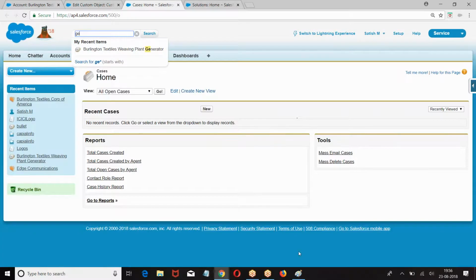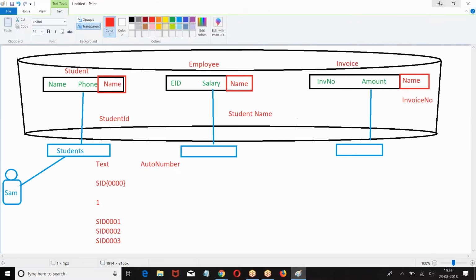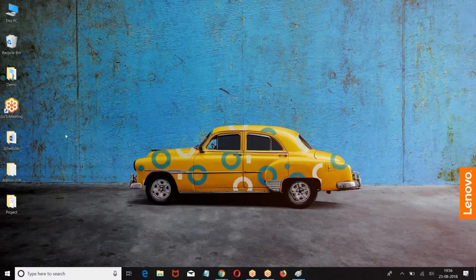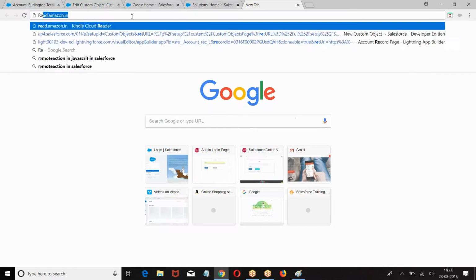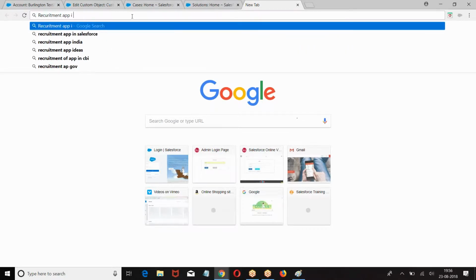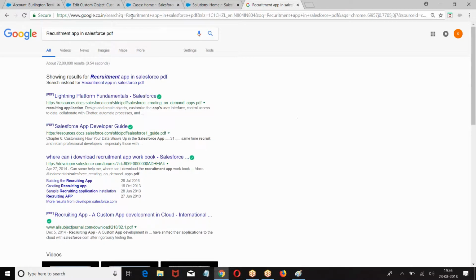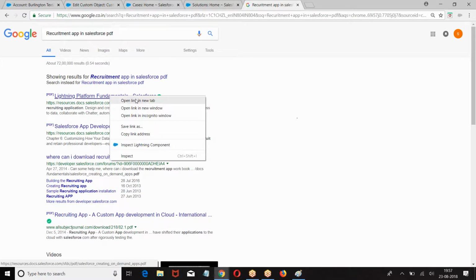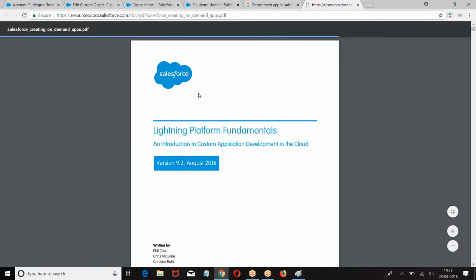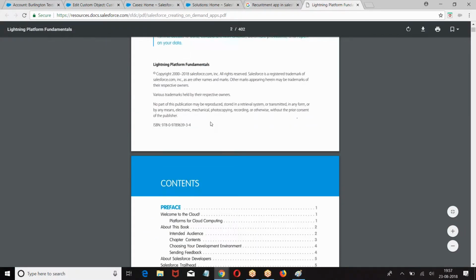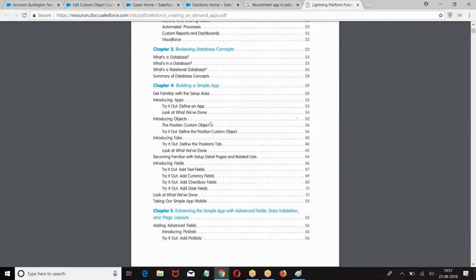Once again, what is the exercise you are supposed to do? Just type recruiting app in Salesforce PDF. Implement this project. From page 34 you'll be having it.